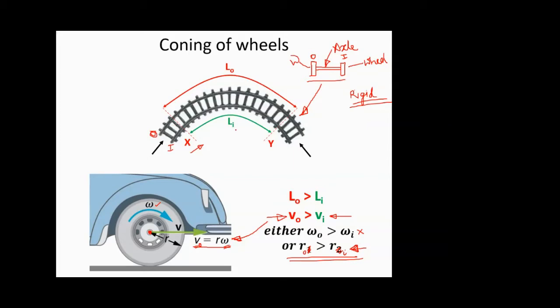Again, we cannot do it such that all the time we lift the train, turn it around and keep it again. We can't do this. So whatever solution is given, it should be such that even if the train goes from one direction to the other, or back to the previous one, there should be a facility to traverse this curve without any hindrance. So remember this. Now we will be discussing that the radius of outer wheel is greater than the radius of inner wheel,